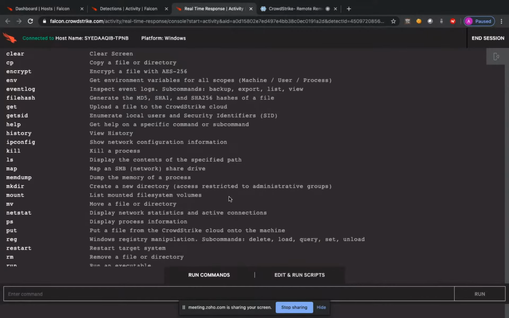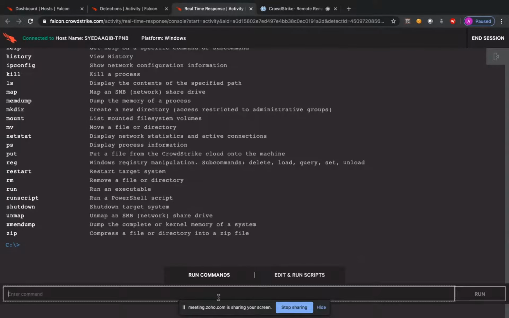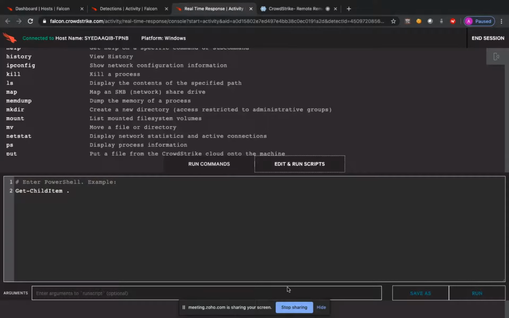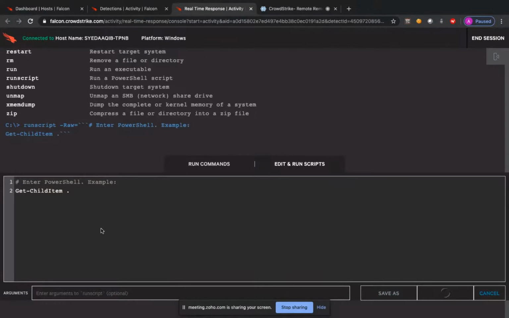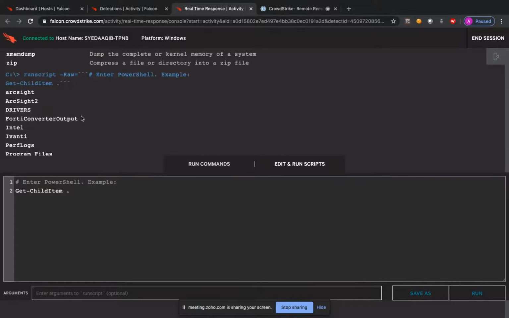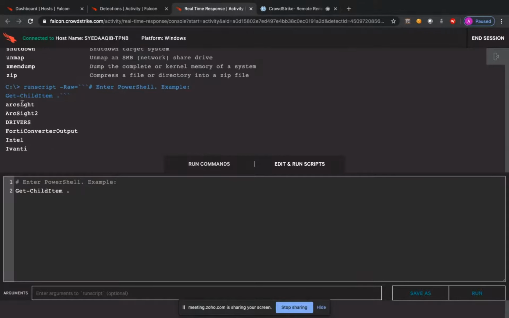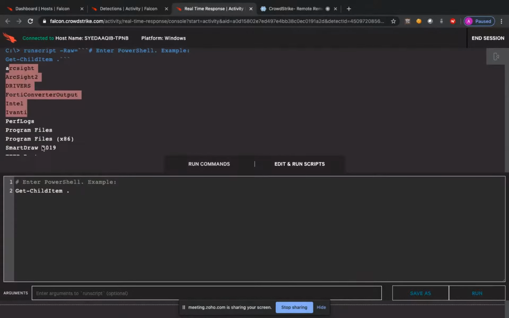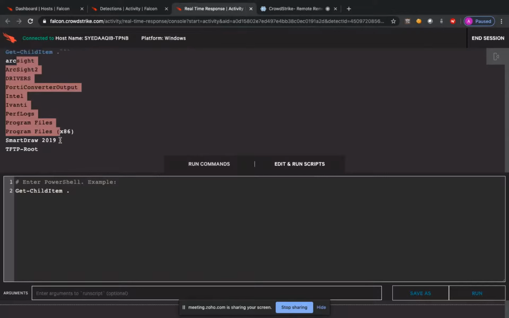For example, let's say that you would want to see child items, so you can just run this script over here. Yeah, like this. So these are the child items which are present inside this directory. You can see here, these are the child components, or you could say what is present inside that particular directory, right?